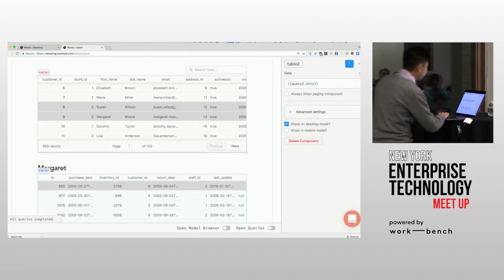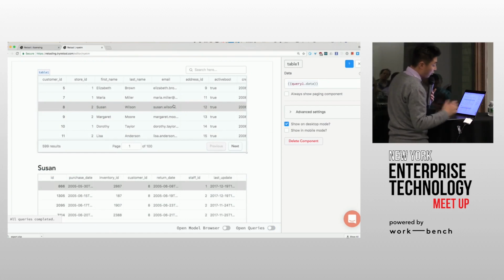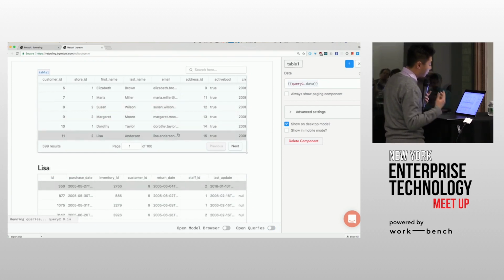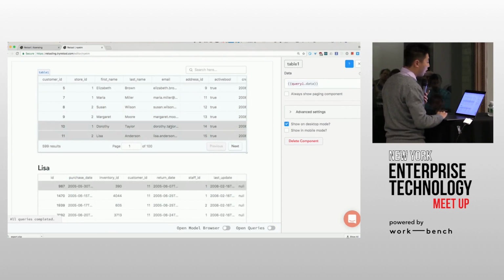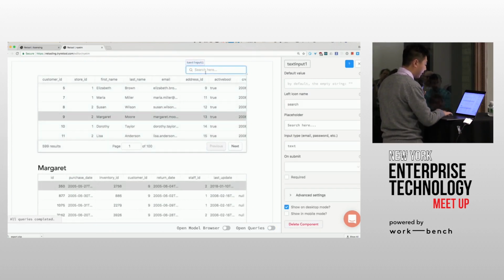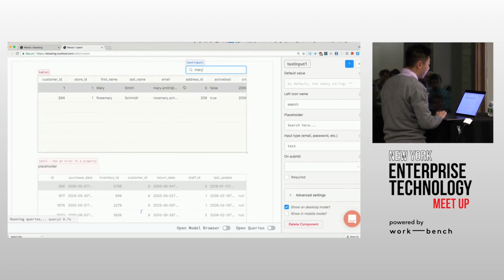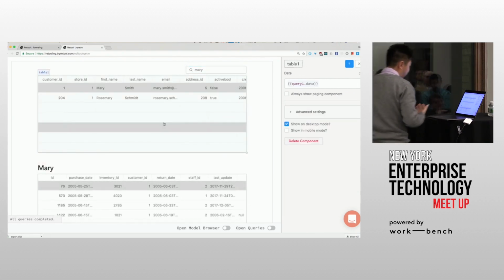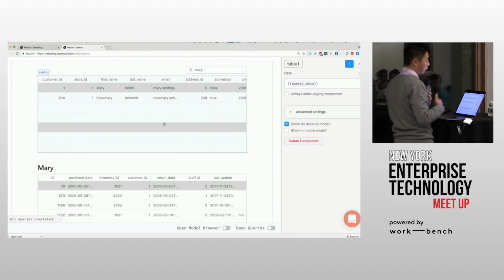That's it. So now if I change the selected row in table 1, you can see the stuff underneath actually changes. So now I'm pulling in purchases for Lisa, for Dorothy, for Margaret, etc. If I want to search Mary here, I can search Mary and then click on her to actually get all of her purchases. So that's pretty fast, like 2 or 3 minutes to build a tool that can search users, drill down,